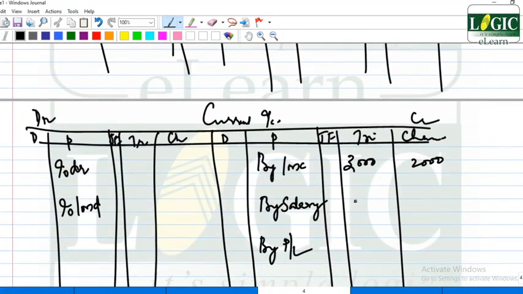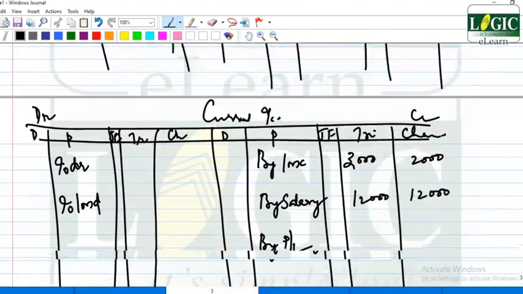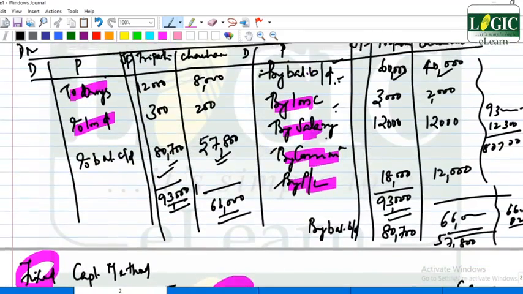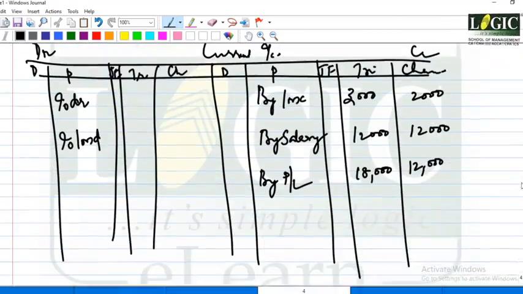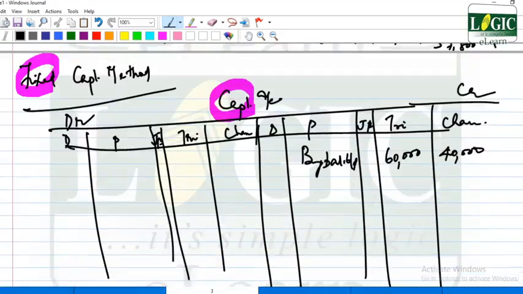By salary, 12,000 each. By share of profit, 18,000, 12,000. To drawings, 12,000, 8,000. To interest on drawings,